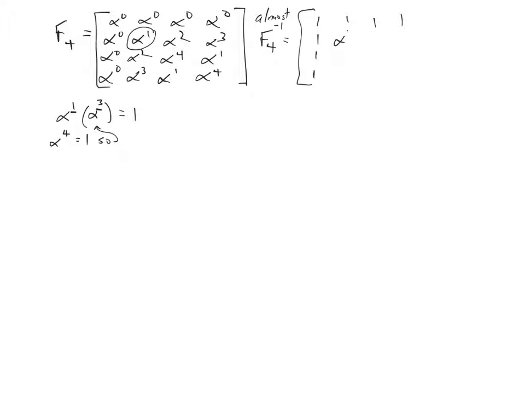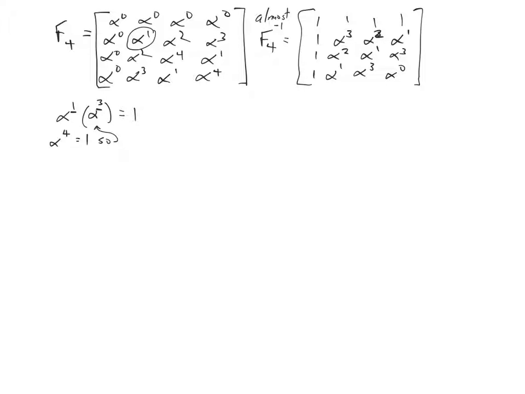So this is actually alpha cubed. And similarly, the thing we multiply alpha squared by is alpha squared, and alpha cubed would be alpha to the 1. And similarly, we'll get alpha squared, alpha to the 1, alpha cubed, alpha to the 1, alpha to the 3,